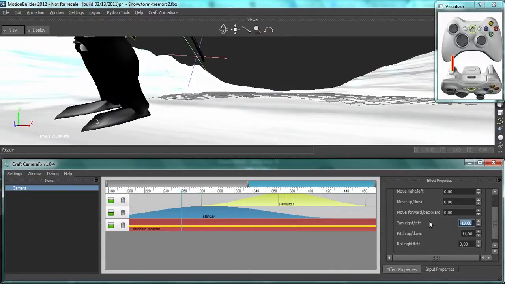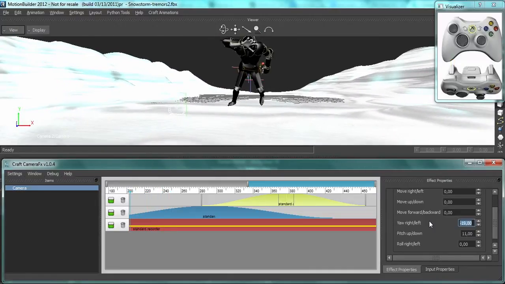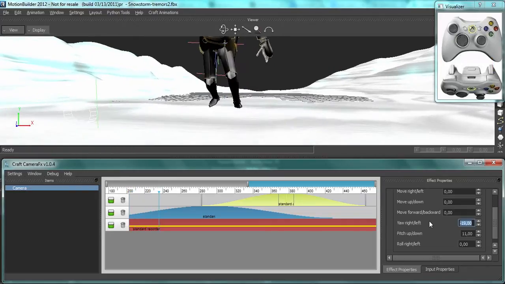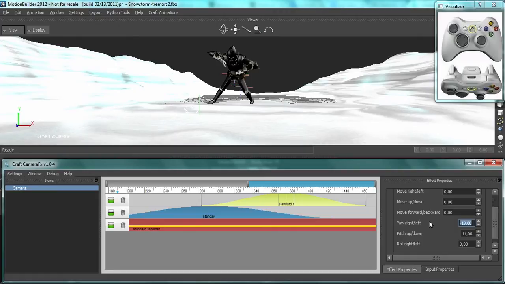Okay, so let's say that I'm satisfied with this particular animation. I can redo this or apply patches to this as much as I want. But at this point, let's say that I'm satisfied with this one. Now I want to make some more better feeling to this animation. So